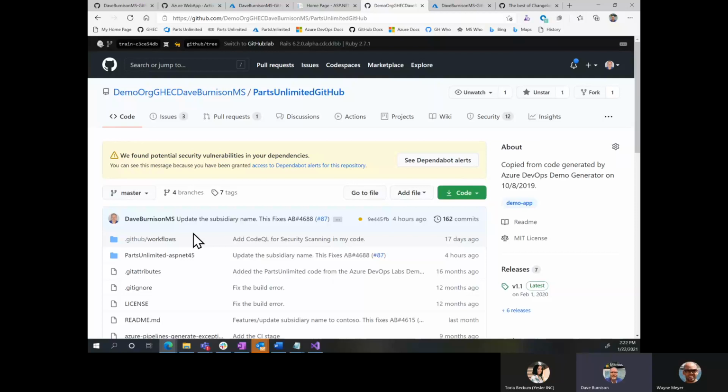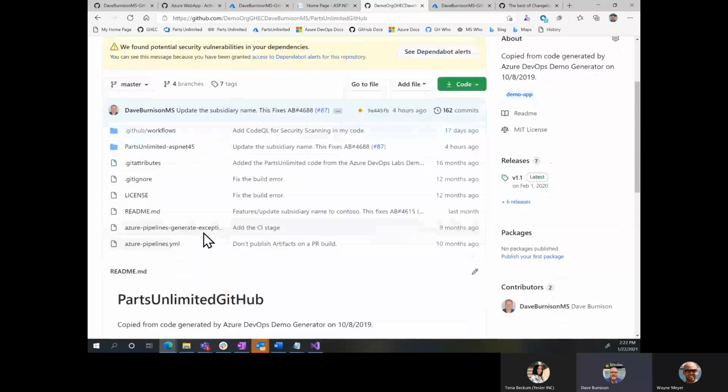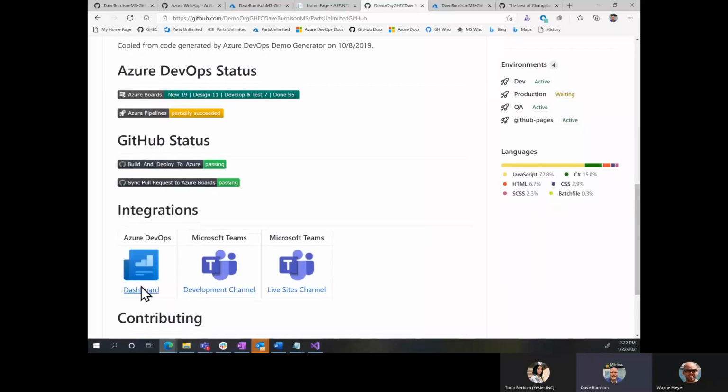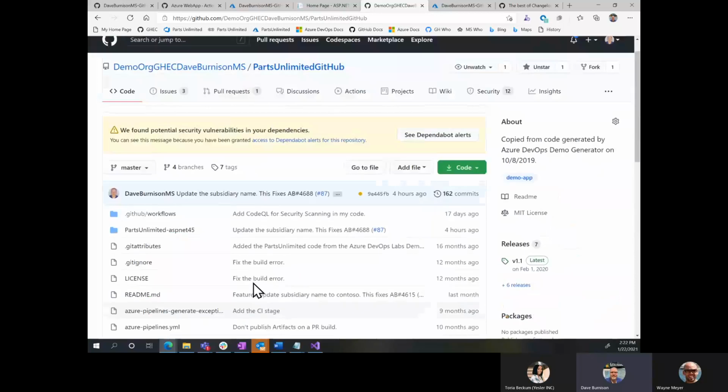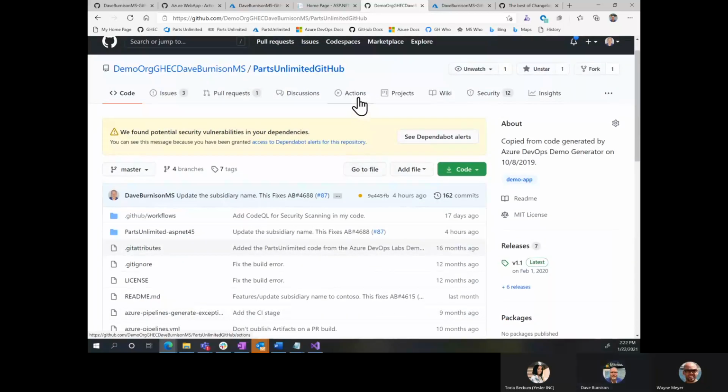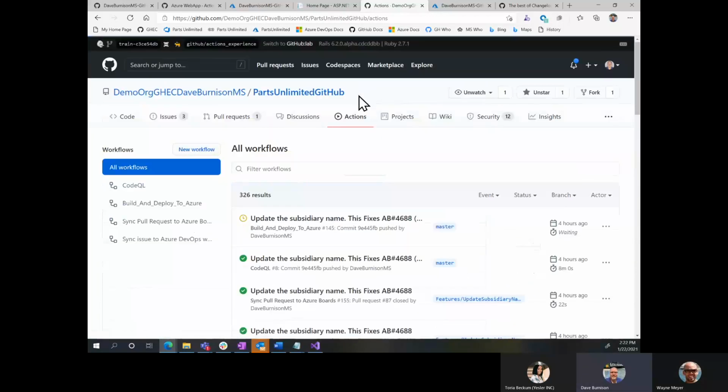So in this scenario, I've got my Parts Unlimited application that we're building and deploying, and I've got this totally integrated with Azure DevOps and everything, but I really want to focus on the actions here. And if we look at the last run, you'll notice I've actually got multiple workflows in here. I'll talk about that as well.